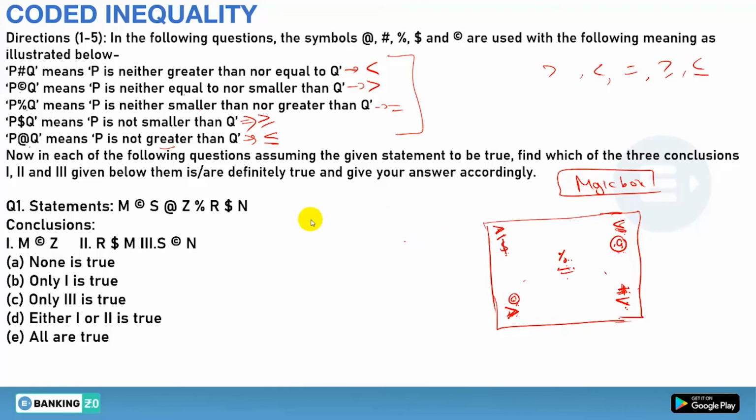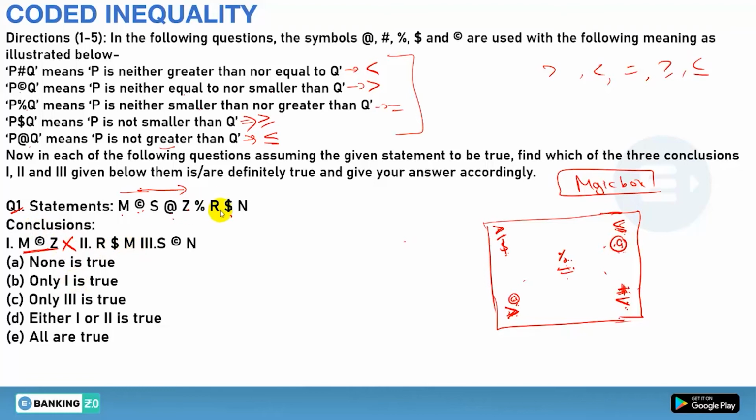Clear? Okay, so now we will start solving as per the question. We will not be changing them into inequality symbols, like we are not changing copyright into greater, at the rate into less than equals to, and hash into greater than equals to. We are directly solving them. So first of all, we have to see M to Z. How can you go from M to Z? This is M to Z. Clear? What symbols are you getting? Copyright and at the rate. Diagonally in the magic box, so you can't justify. So this will be the wrong one.